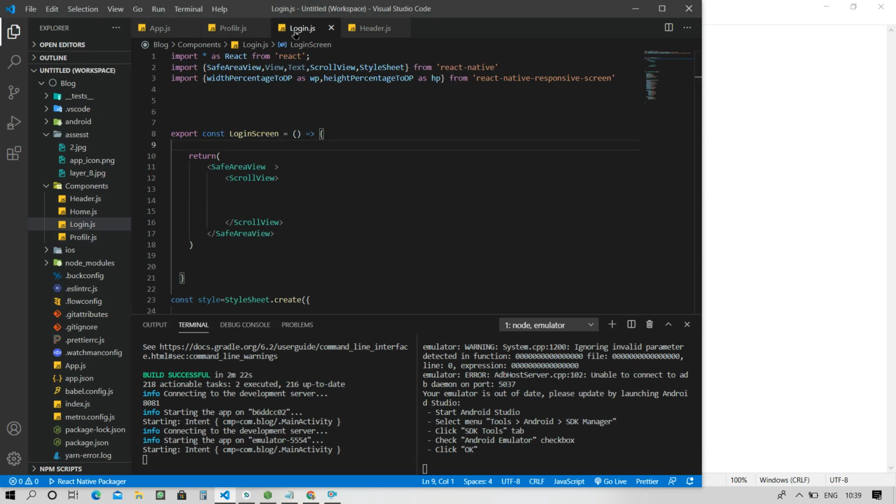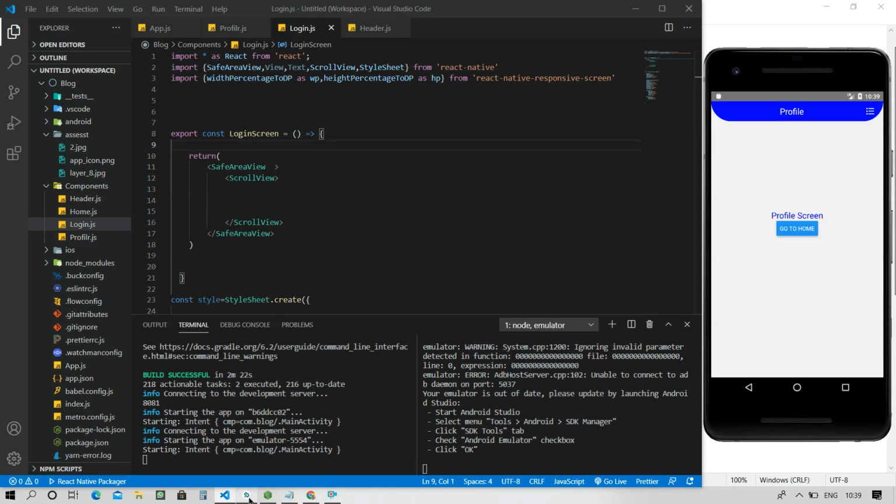I have already designed our login screen, but I am not showing you because I will design it in front of you. You can see that here I am importing React and importing SafeAreaView, View, Text, ScrollView. You have to import React Native Responsive Screen, widthPercentageToDP as wp and heightPercentageToDP as hp.